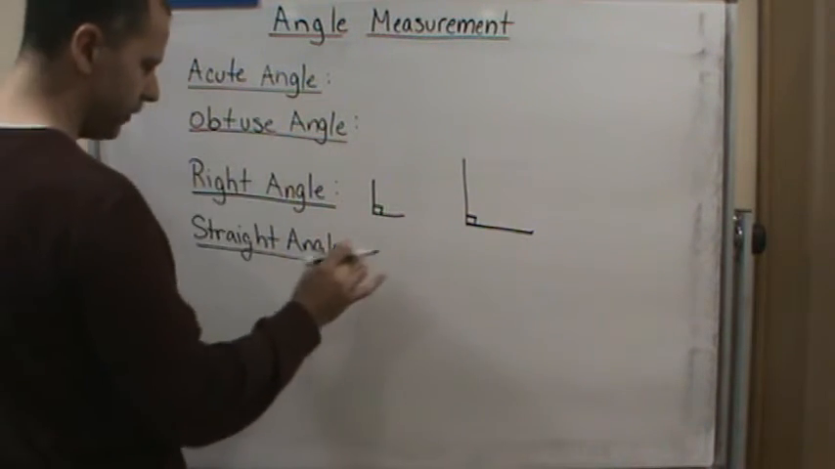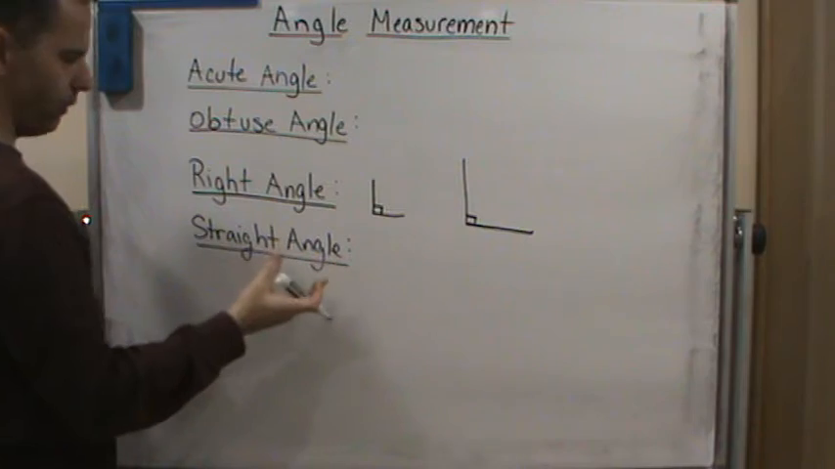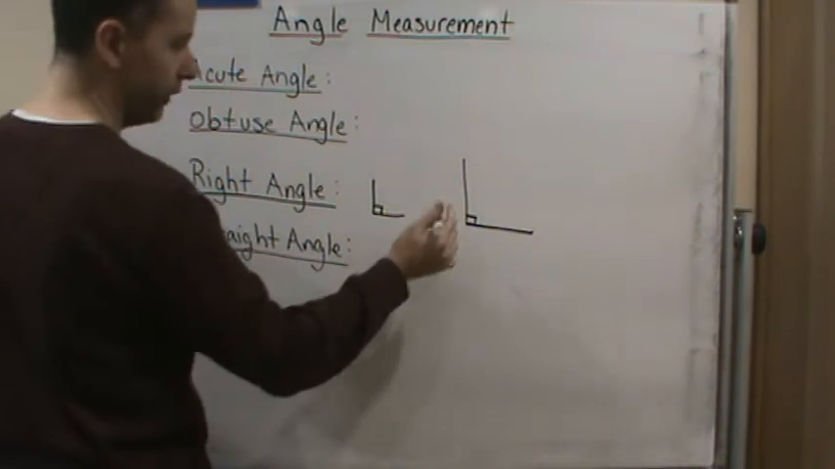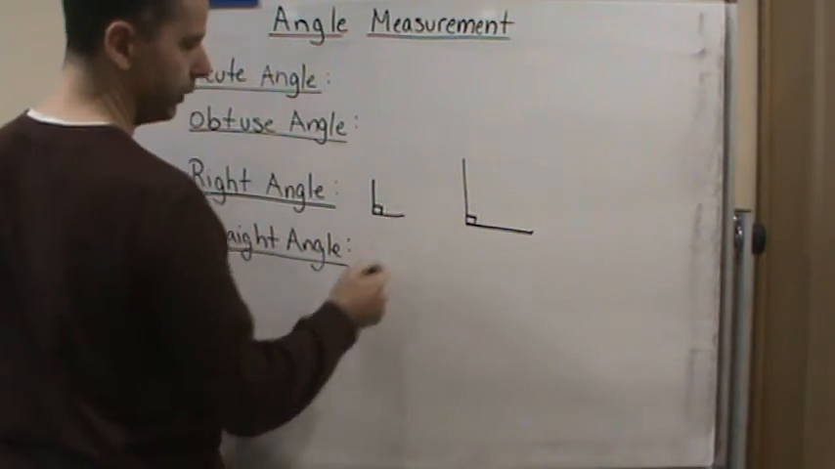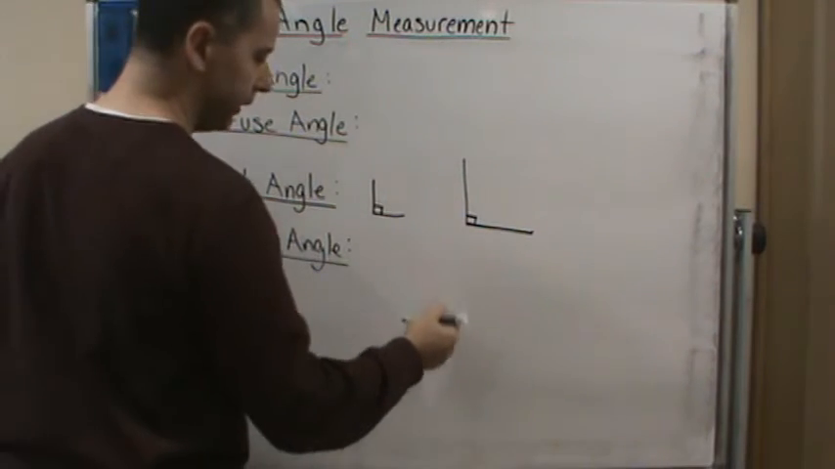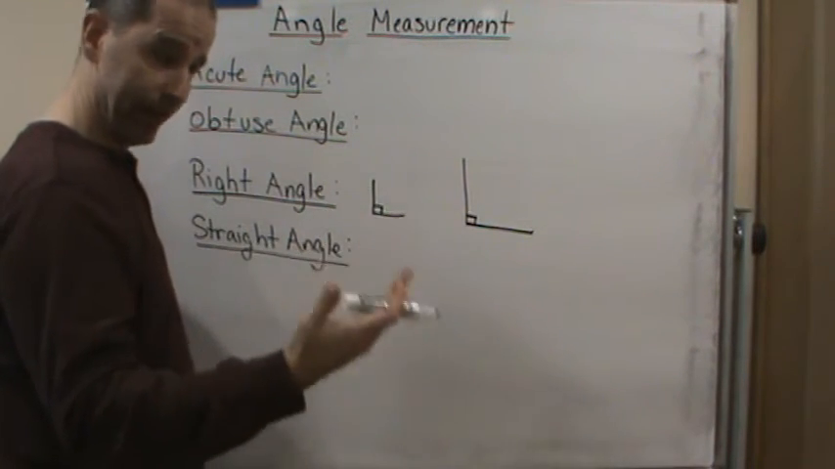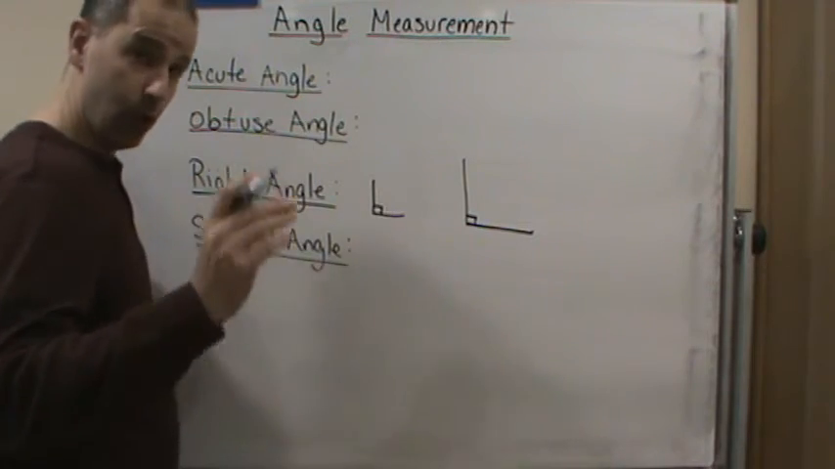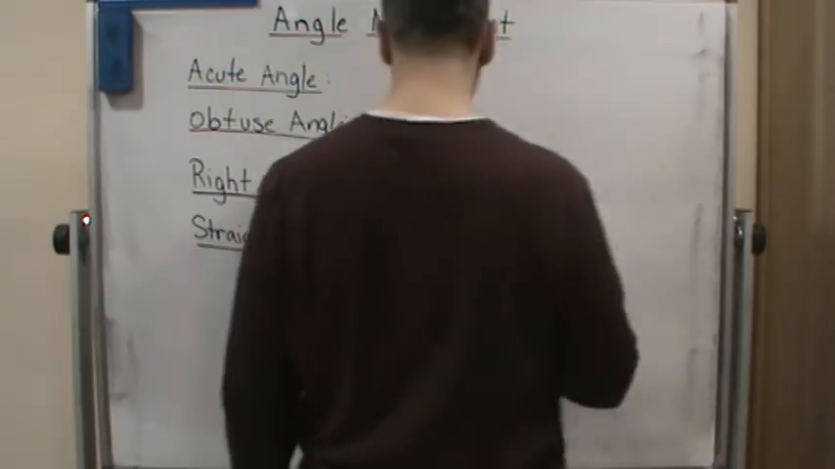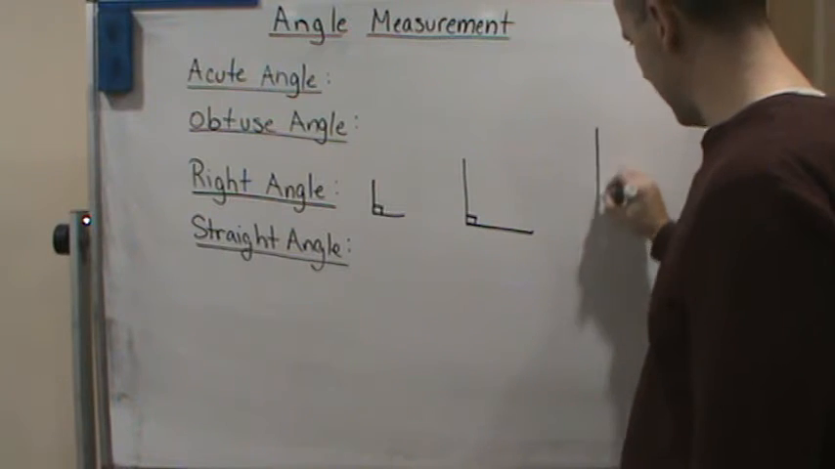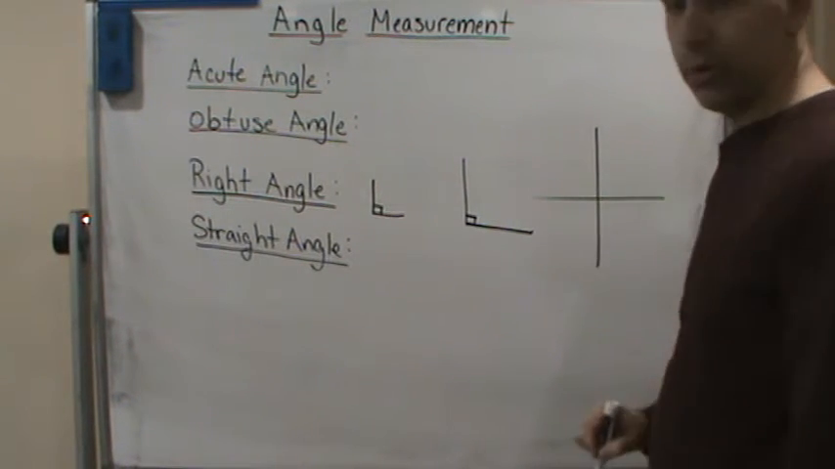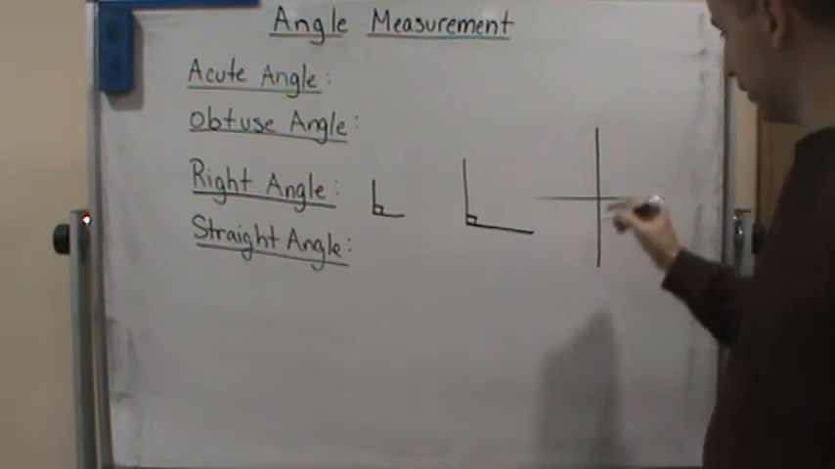Now, the other thing about right angles is that if you do have a right angle, then you know that these two sides are what we call perpendicular. Perpendicular simply means two lines that intersect at right angles. So if you have two lines, and you know that those two lines are perpendicular,